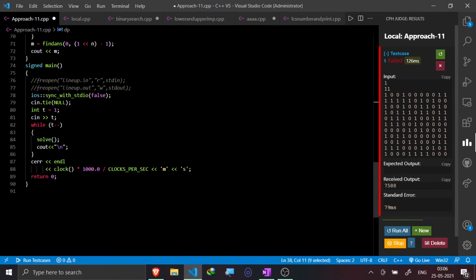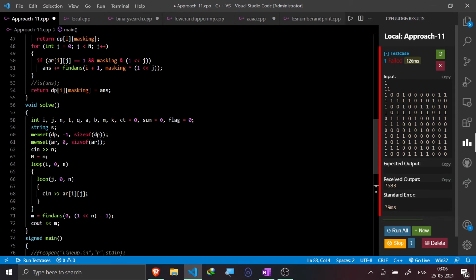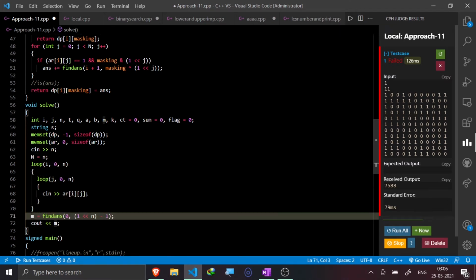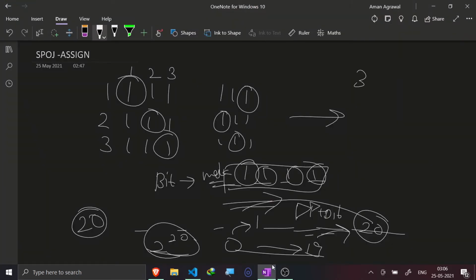From the main function, I'm calling this solve function, where I'm assigning all the dp states -1, then taking the input and printing the answer. The 0 here is for the starting person, going from 0, 1, 2, 3 till n minus 1, and this is where I assign the mask value. Suppose I have 3 tasks, so the value I would assign is 2 raised to the power 3 minus 1, which is 7. So my 3 bits would be set. This would represent the first task, this the second task, and this the third task.